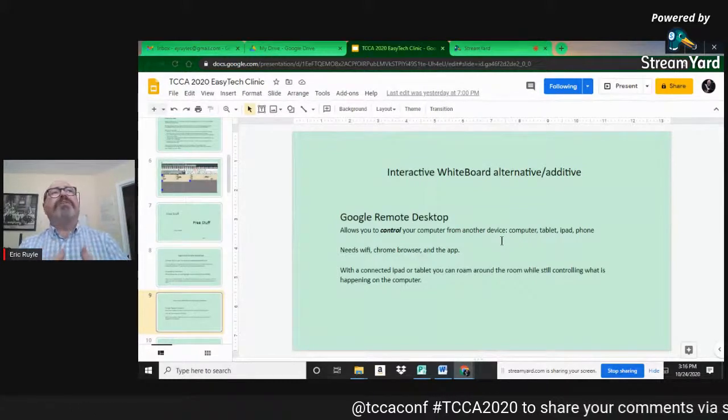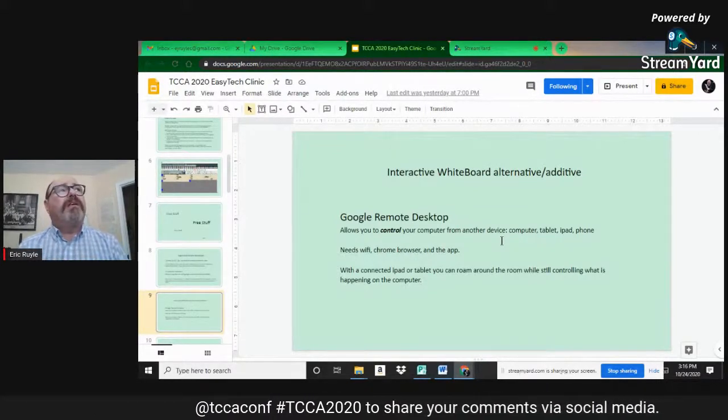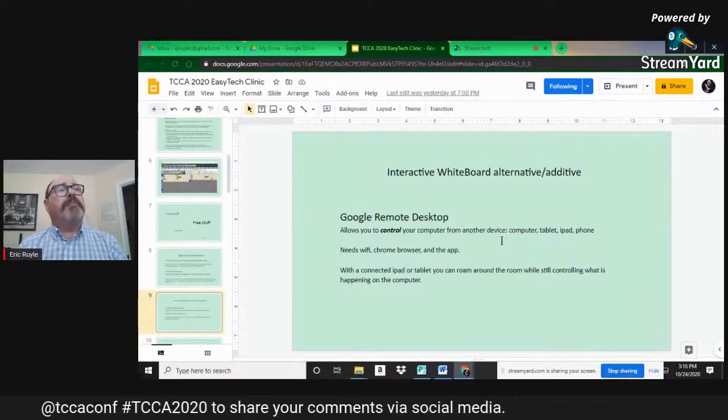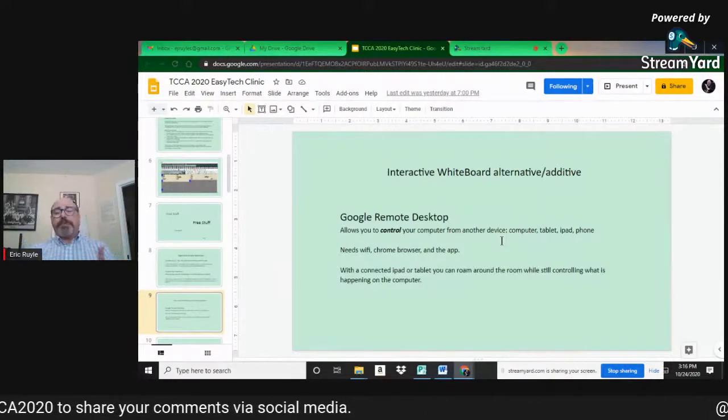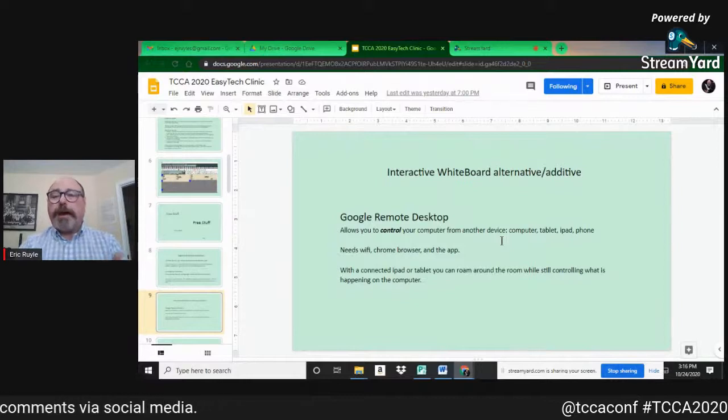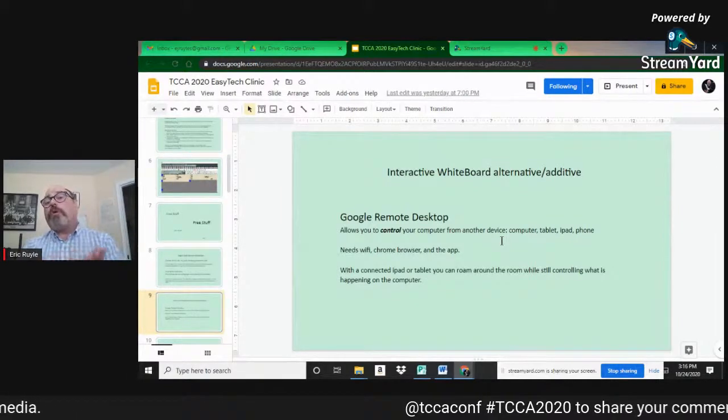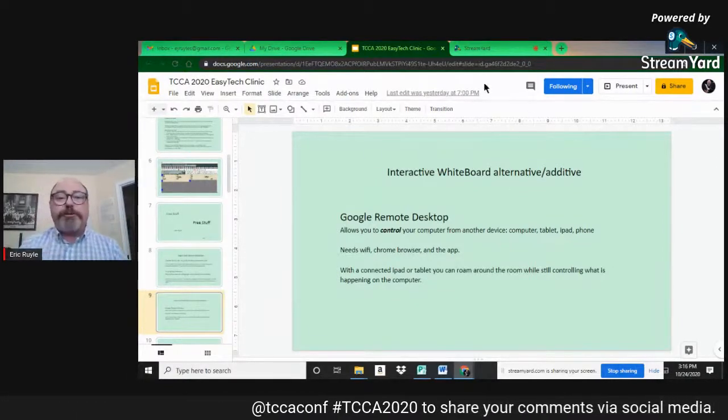There used to be a device called the... not the emo. I can't remember what it's called now. I'm sorry, I brought it up. They used to be able to walk around. It was almost like a portable mouse. Well, this is the same thing, except you can control your whole screen, so you can run all this.